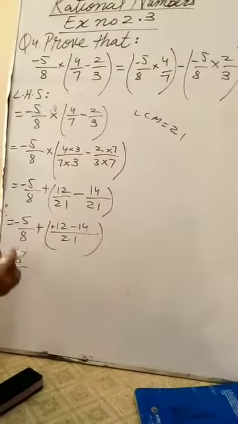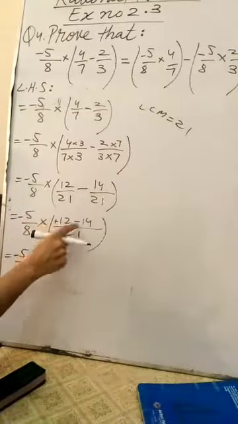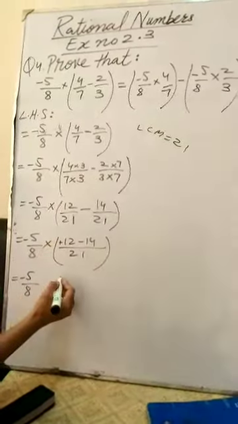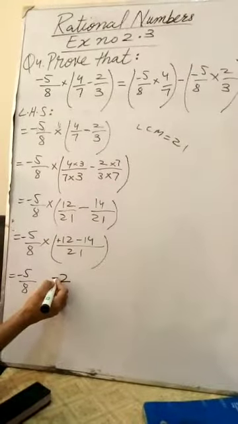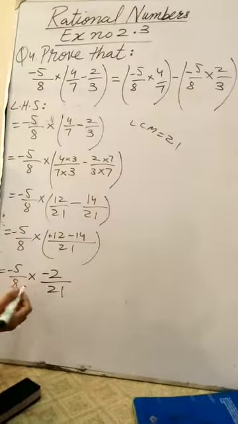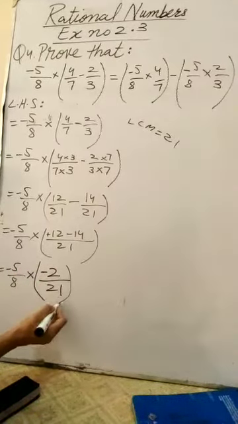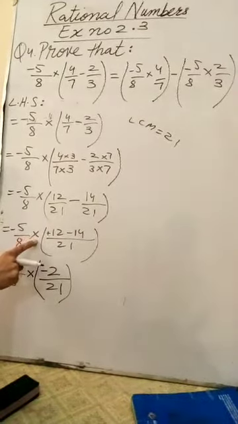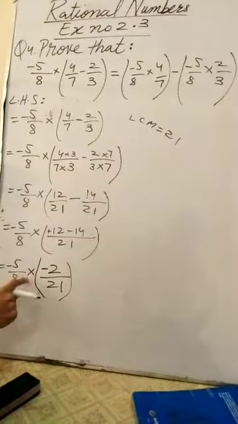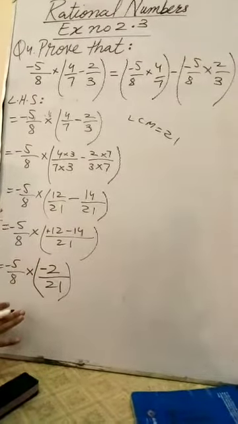This is the sign of multiplication. Plus minus minus. 14 minus 12 is possible. So 14 minus 12 is 2, but the sign of the bigger value, over 21. Multiply. We got the single answer, but I will not remove the bracket because we have a sign of multiplication. When we have two signs at the same time, we need to put the bracket.